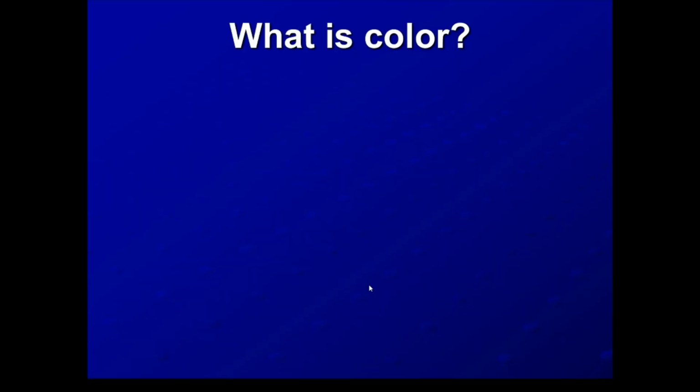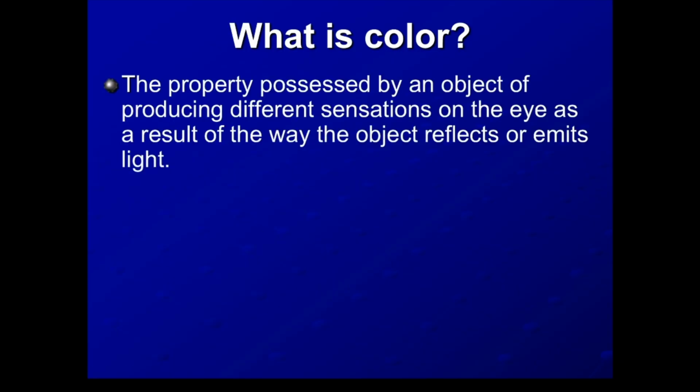So the next topic that I want to talk about is color. So what exactly is color? Well, in our perception, the property possessed by an object of producing different sensations on the eye as a result of the way the object reflects or emits light. All right, so in a handful, basically what that means is color is a way of our brains interpreting